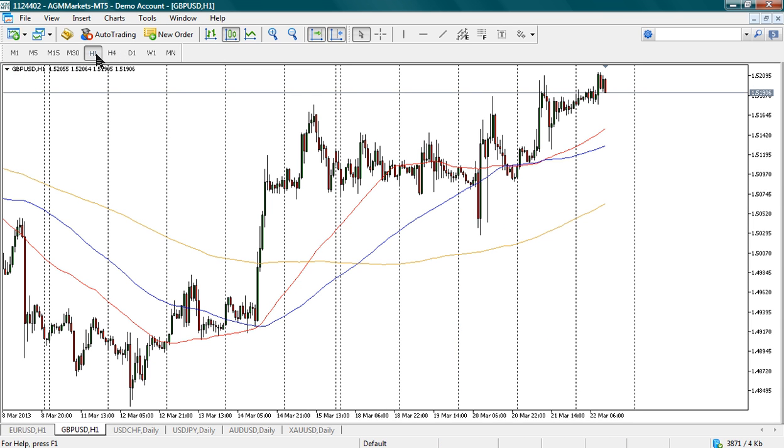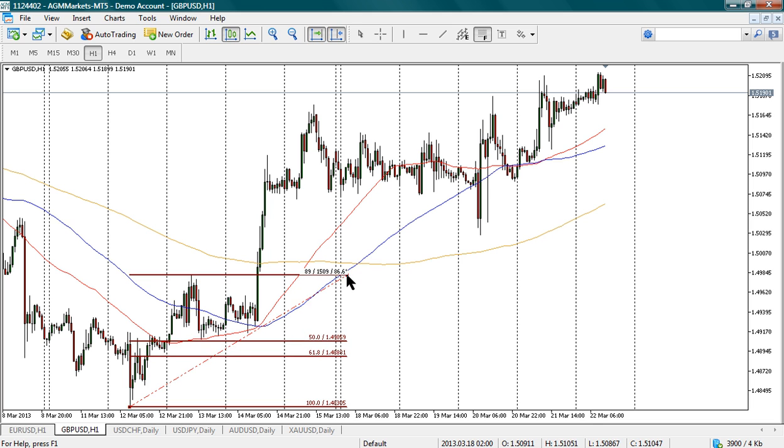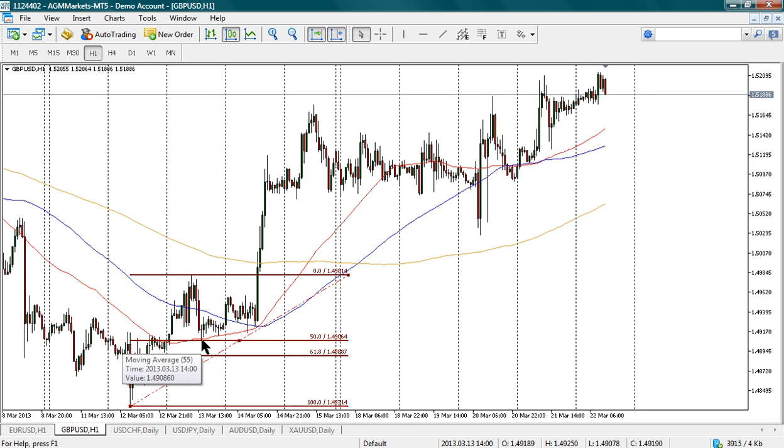If we flip it to the 1 hour, I think this is a much more interesting chart. We were speaking about the Fibonacci retracements on that euro dollar chart. Prime example here, we had this first fib from these lows to that swing high there. I'll just draw a little bit wider so you can see where we've come off. Bam, straight off the 1.4906 level to the pip, also off that 55-hour moving average on this 1 hour chart, and we've got a really decent rotation towards the